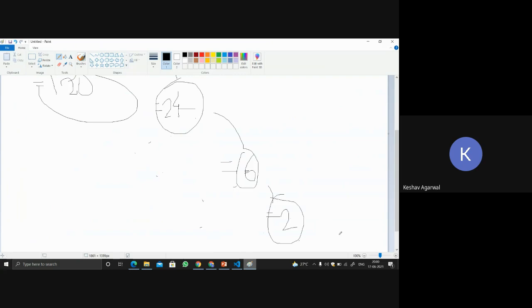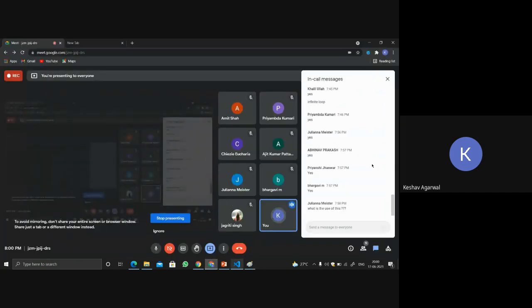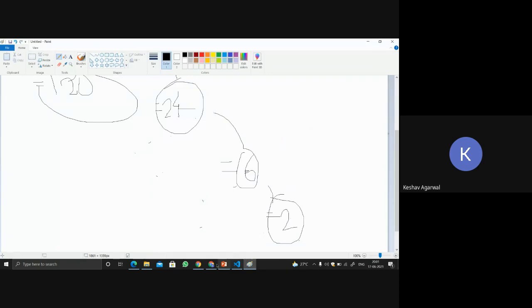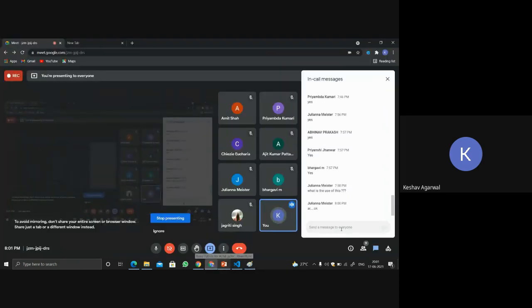Once the condition turns out to be false, we get all the values at once. So it takes really low time compared to the for loop. Is it clear? It's good for time complexity; it has better time complexity than for loops.